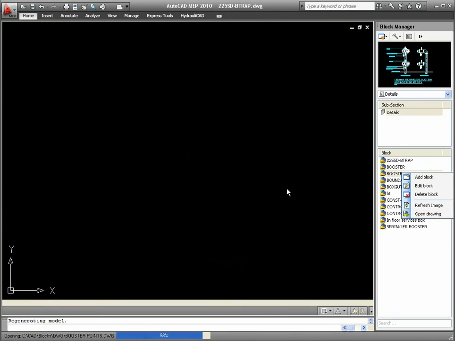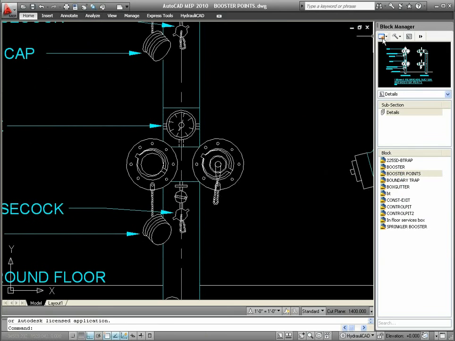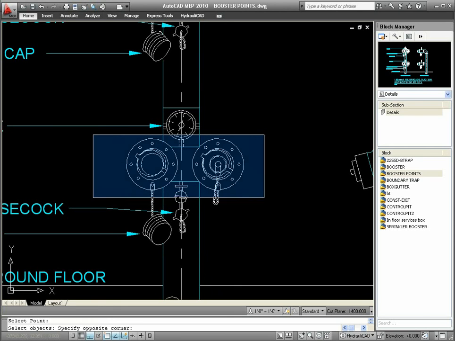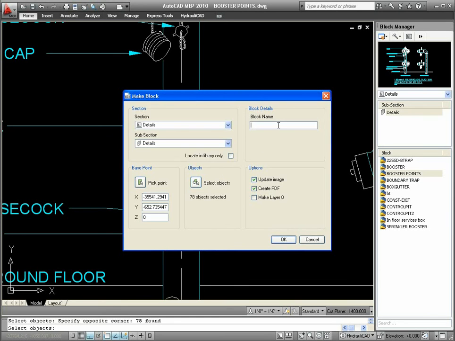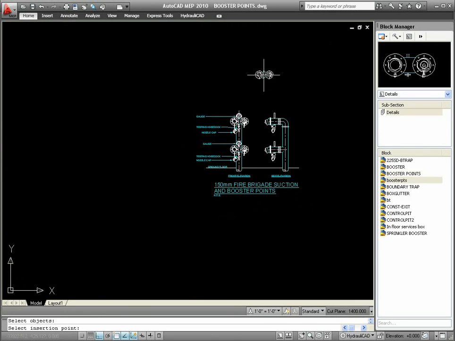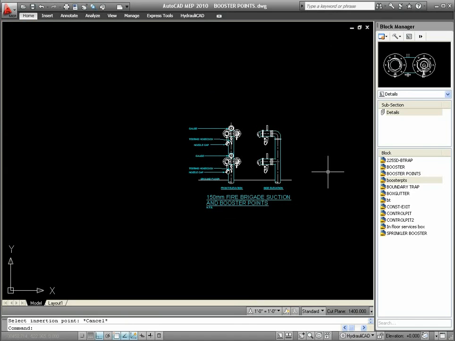So if we wanted to get some booster points off here, we could do that and just go and make a block. Pick a point, pick some objects, and give it a name. It's pretty handy. The other thing we can do is, while we're working away, if this list is quite large